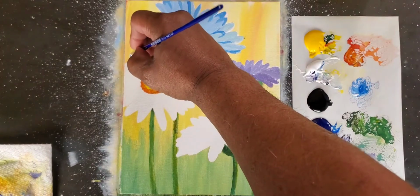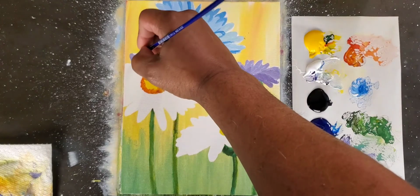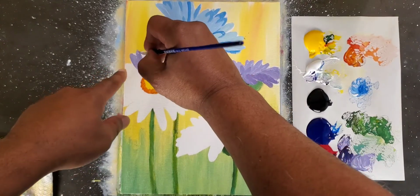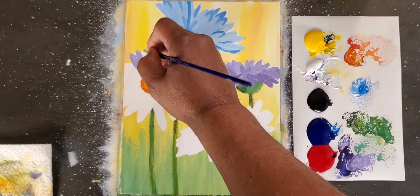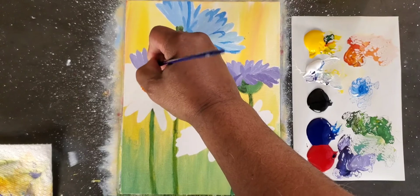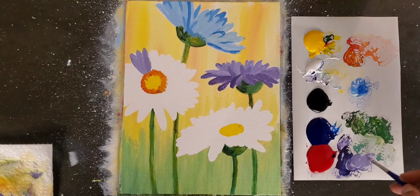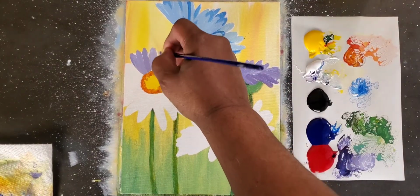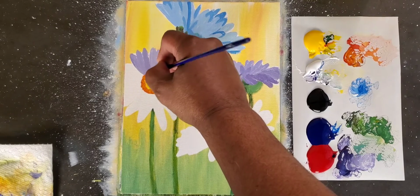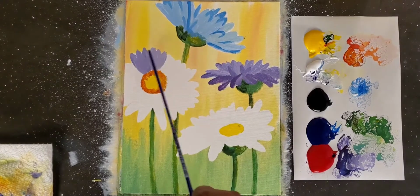Now, this one is a little bit different because this one is more like you're looking at it from a top view. So when you pull, leave a little space in between each one. Even if it makes it white, so what? It's okay. The idea is to not make it so that it's one solid. Make it so that you can see different petals. You know, and then you could change the values as you go along, making it darker and lighter. But the key here is to just create a bunch of little petal shapes. See how those petal shapes are starting to...